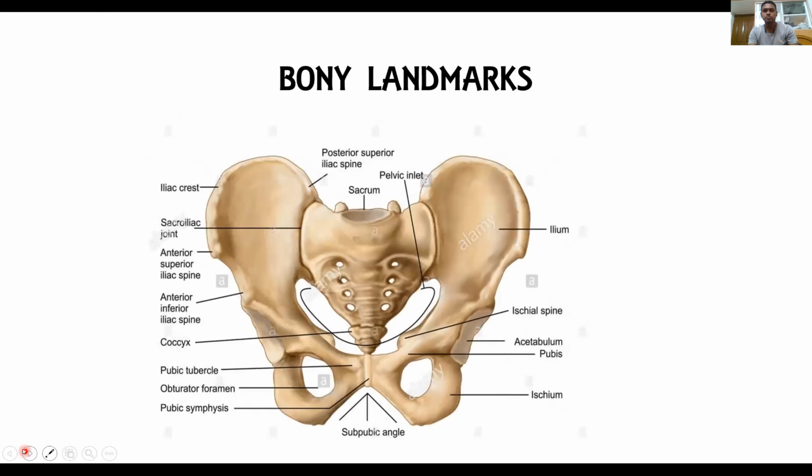To start the lecture on surgical approach, we must know some bony landmarks. I think everyone knows. We must know the anterior superior iliac spine. You must know the anterior inferior iliac spine and what the muscle attachments are. And you should know the posterior superior iliac spine also, in case of doing a posterior approach. Then this is the pubic symphysis. I think everyone should know these basic ideas.